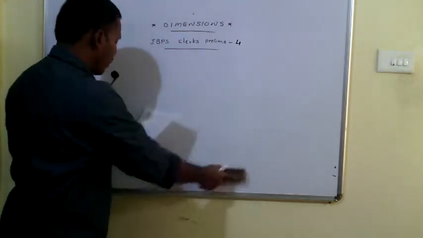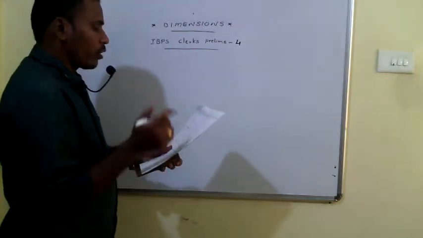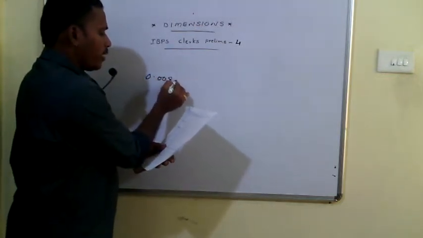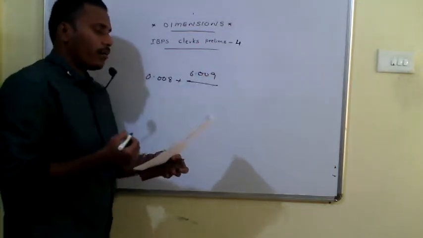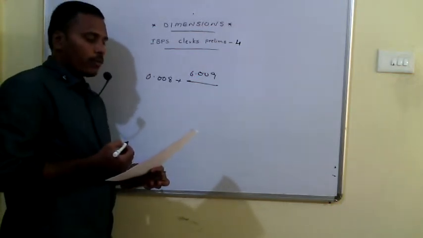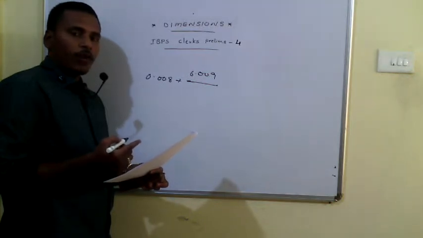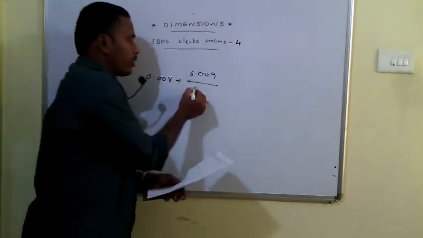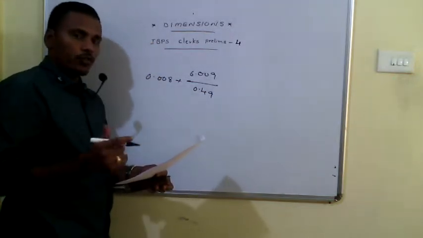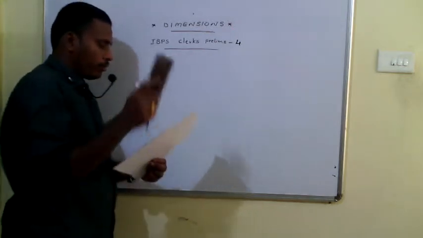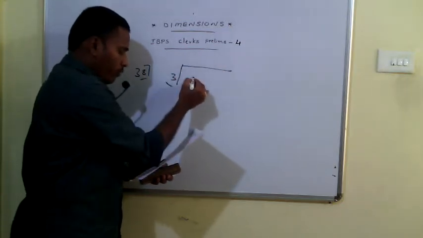Okay, then coming to 37, so directly we need to do the approximation. Okay, so 0.008 plus 6.009 divided by 0.7 square. 0.7 square means 0.7 into 0.7. Okay, that means 7 by 10, 7 by 10, 49 by 100. So that is nothing but 0.49. Okay, so on usual simplification you found it as 12. Then coming to the next problem, 38th, it is given that cube root of